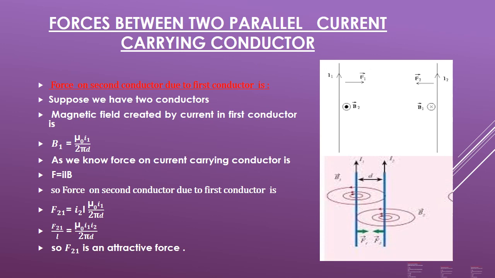Practically, we have many examples in which we use a lead containing two wires and these two wires are carrying current. Maybe we make an arrangement in such a way that the current is parallel, means in the same direction, or it may be opposite, means one current is going downward and other current is going upward. There may be both the cases, but these two wires are parallel to each other.